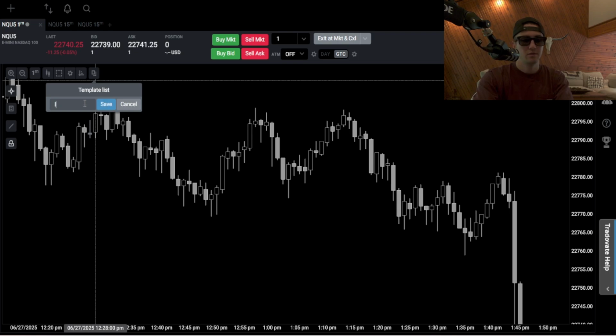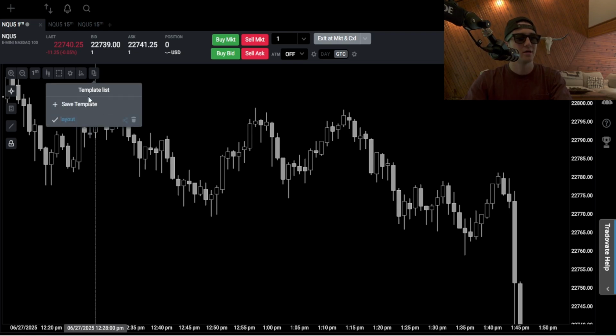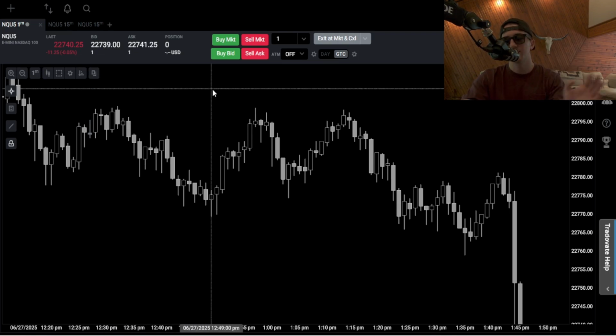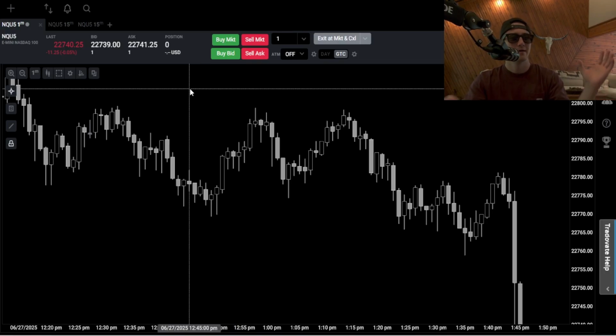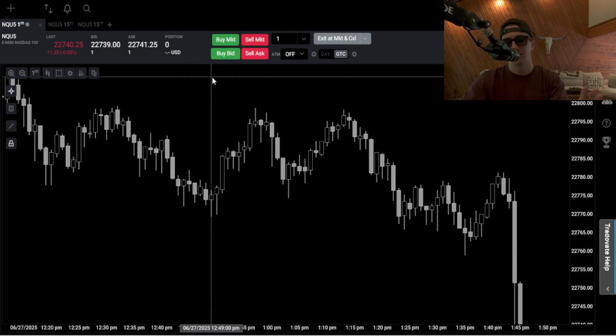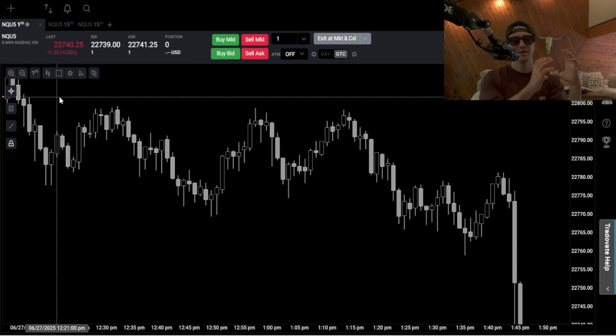personal layout is 4 charts on one screen. So I have 2 monitors on my desk right now. On the left side, I'll have 4 charts, like I'll show you in a second. So I will have the 1-minute chart, 5-minute chart, 15-minute chart, and the 1-hour chart all on this one screen